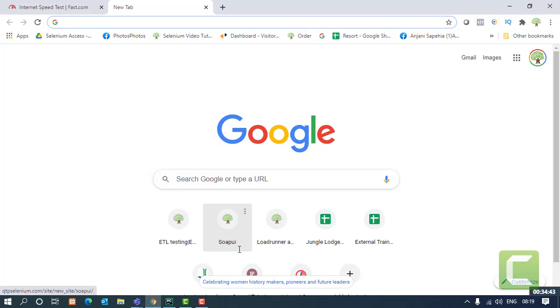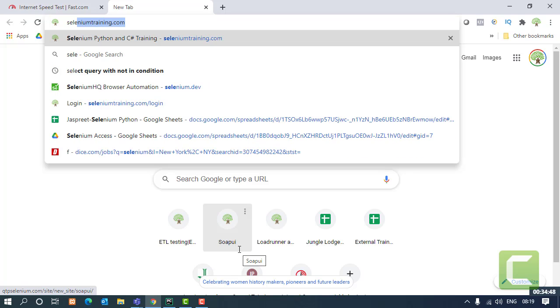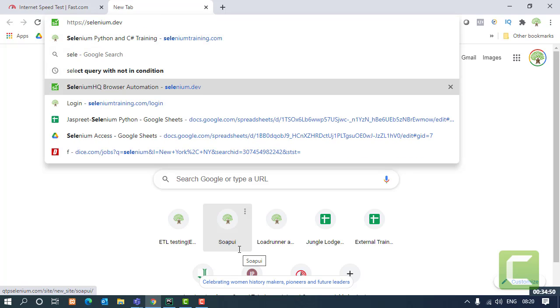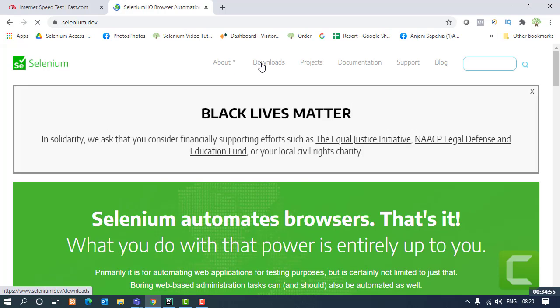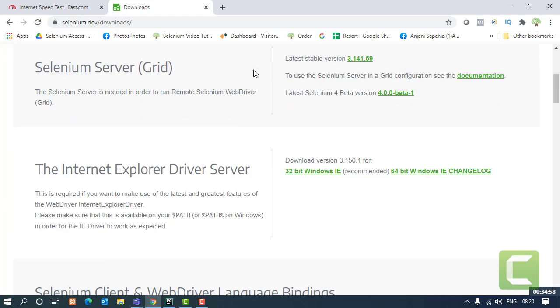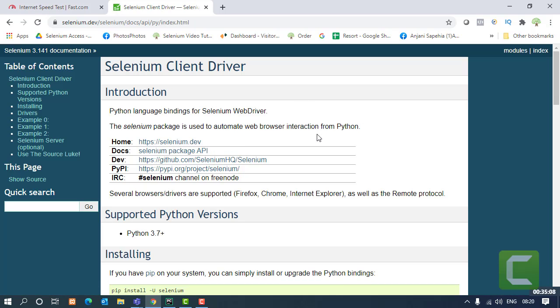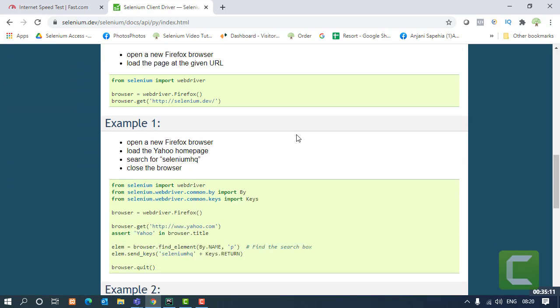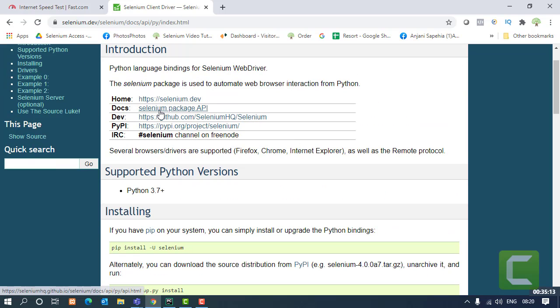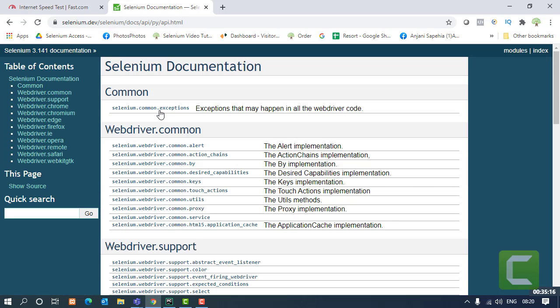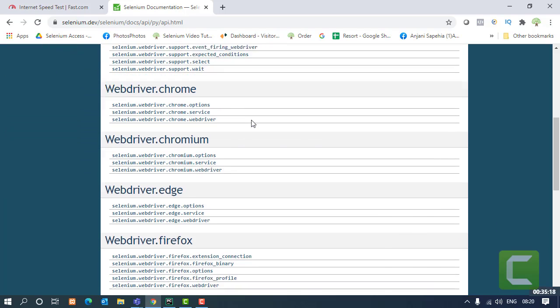All the answers to your questions are available at one place over here. That is the official website of Selenium, selenium.dev. If you open up this website, go to the downloads link, from where we downloaded the Selenium, right? From these options only, instead of download, just go to API docs. The whole documentation is available over here. This is the front page. If you want to read about the packages which we are going to use, all those are available over here.